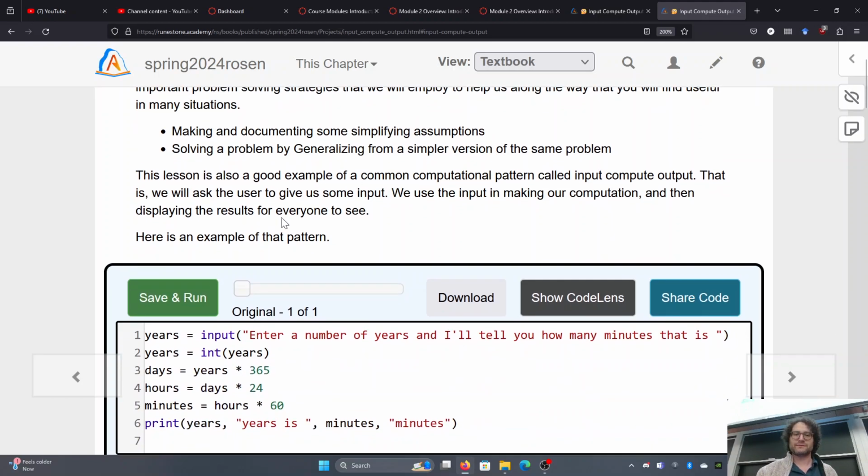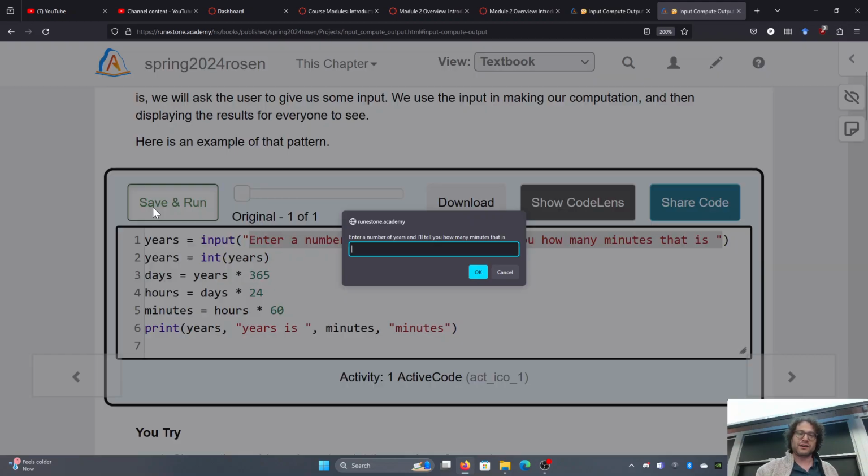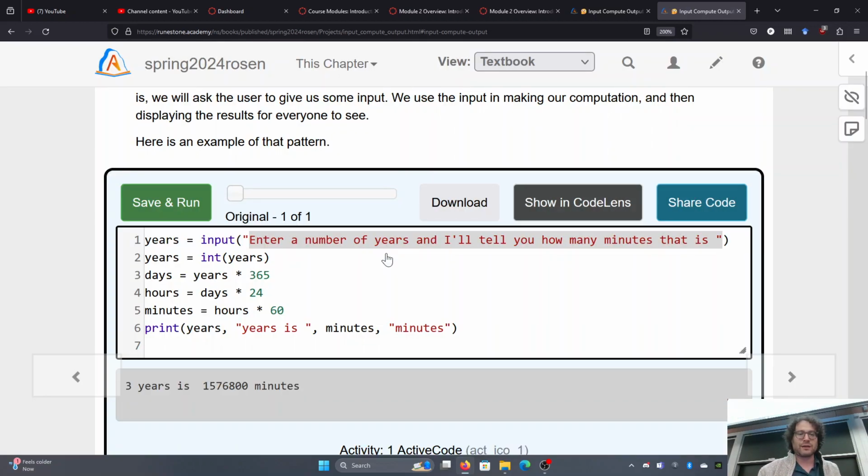and then give us an answer. So this top one is an example of that problem. The input states the purpose of the program: enter a number of years and I'll tell you how many minutes that is. I know it's tiny to see, but that message is right here in this highlighted section. I type in 3,